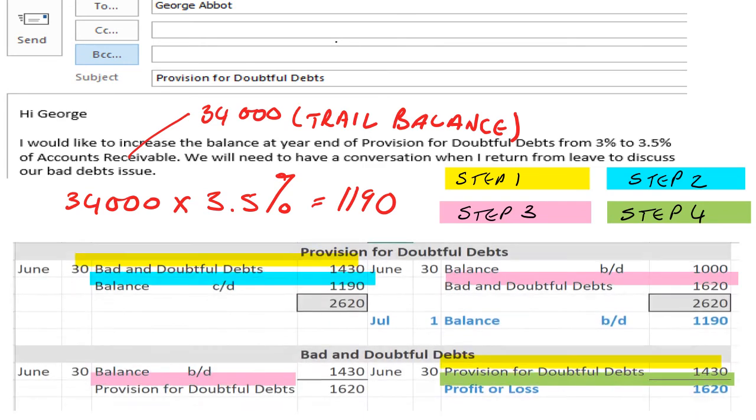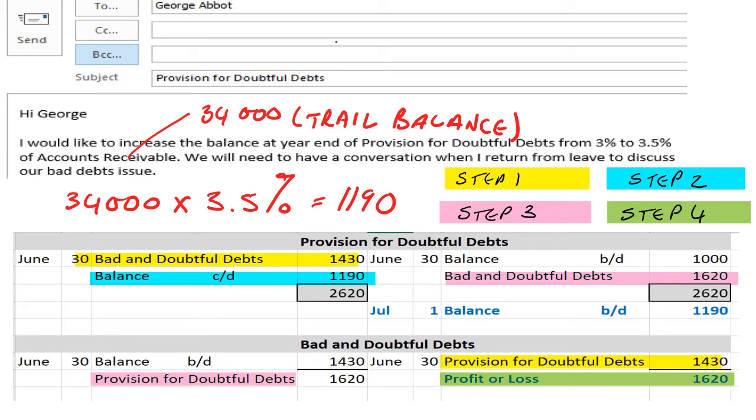So remember the 4 steps when we look at doing this. Originally, provision for doubtful debts has a credit balance because it's a negative asset. Bad and doubtful debts is an expense and has a debit balance. Step 1 is we take that bad and doubtful debts to the provision for doubtful debts. So I credit bad and doubtful debts and I debit provision for doubtful debts. Step 2, you calculate now what the new provision should be. I've already done that in red. The new balance should be